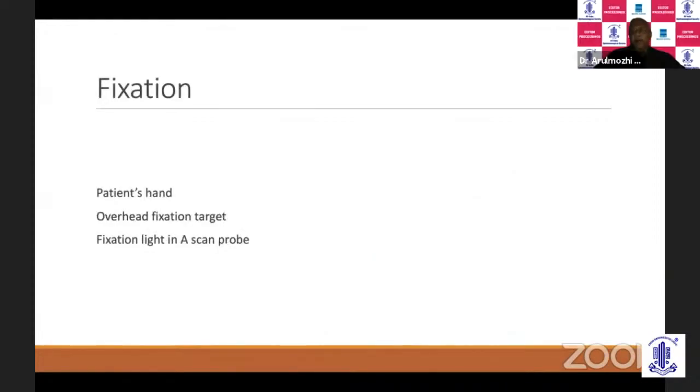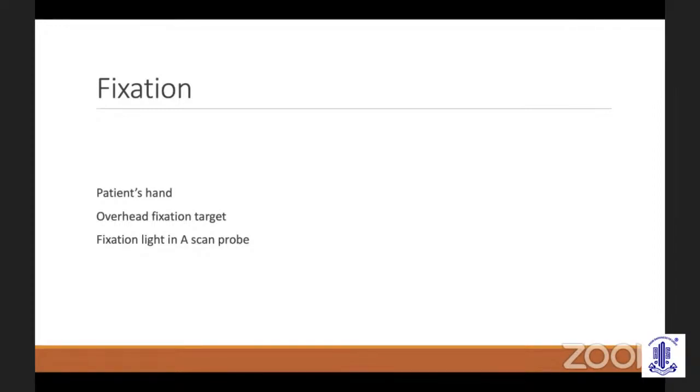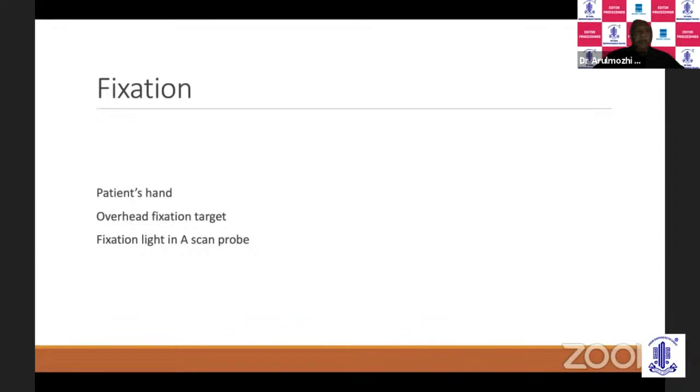Fixation is very important. You want the patient to fixate on some object so that the eyes are looking straight. A very simple device would be to tell the patient to lift his or her hand and focus on it. Even in a patient with a mature cataract, the proprioceptive impulses coming off from the limbs and the finger can help the patient focus accurately at the finger, even though the visibility is poor.